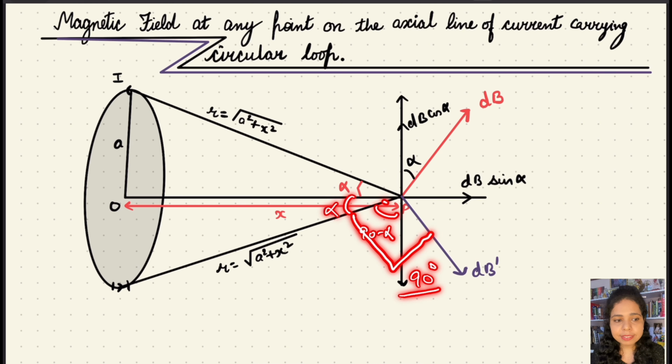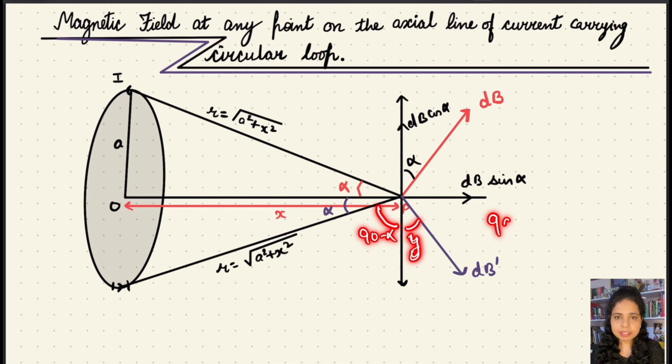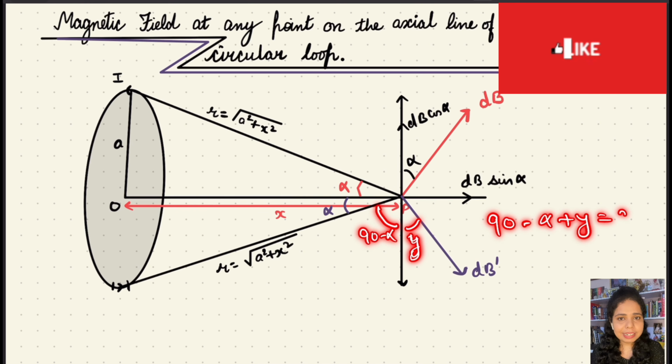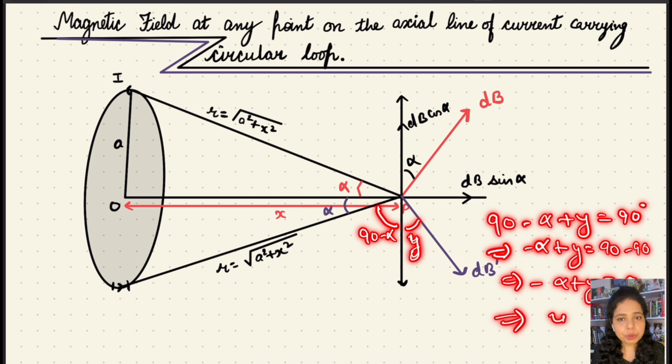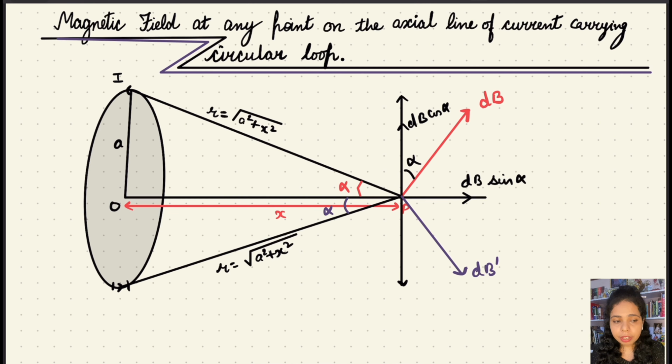As this total angle is 90 degrees, therefore we have, let us say this is angle y again. So 90 minus alpha plus y is forming a total angle of 90 degrees. That is, 90 minus alpha plus y is equal to 90 degrees. Therefore minus alpha plus y is equal to 90 minus 90, which is 0. That is, minus alpha plus y is equal to 0 degrees, or we can say y is equal to alpha. That means dB dash is again making an angle alpha with the y-axis